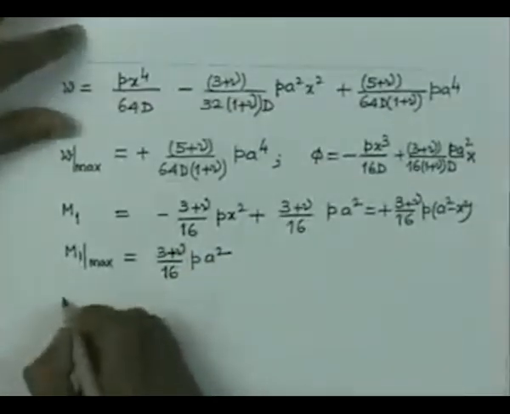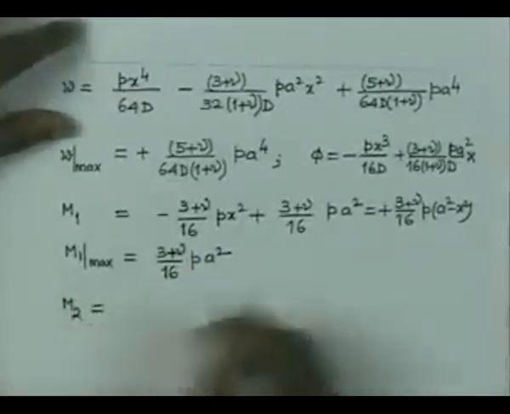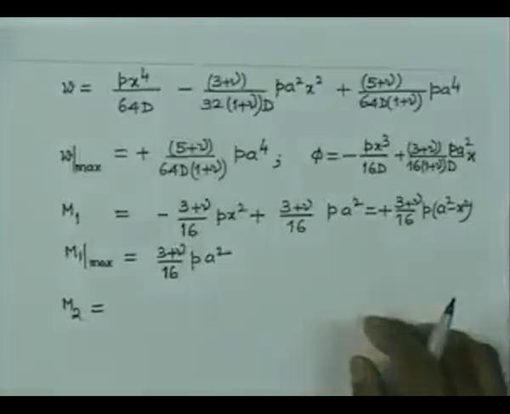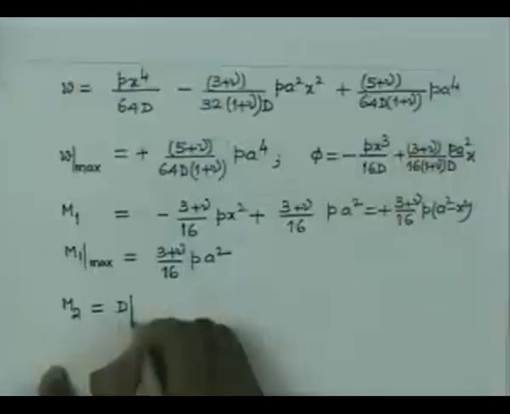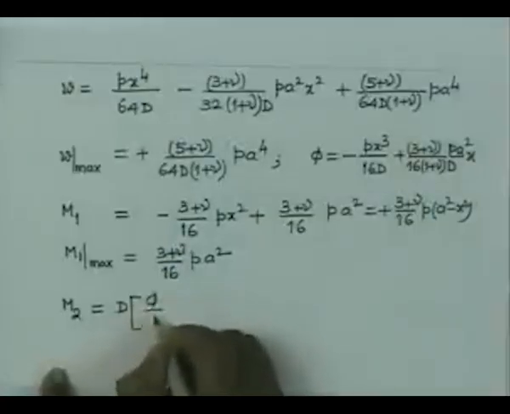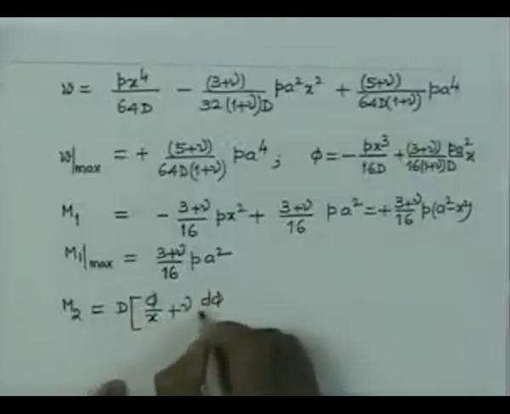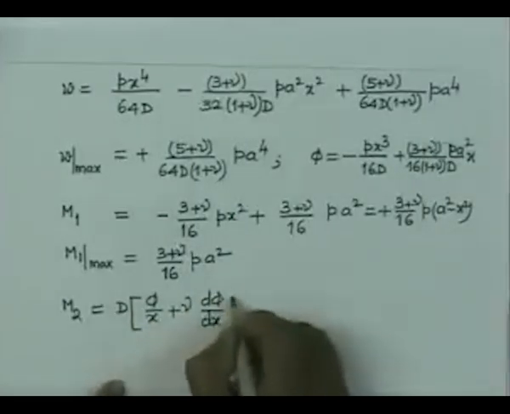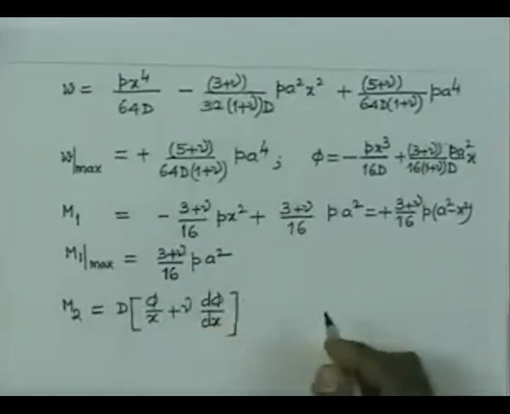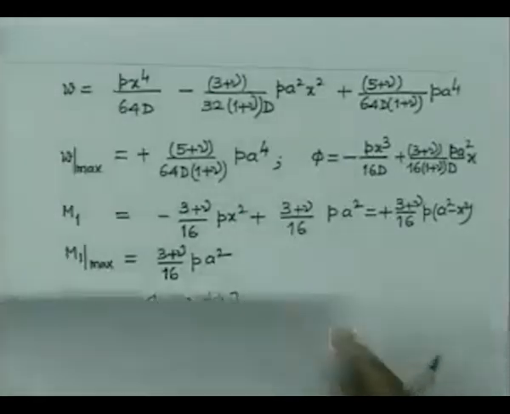Similarly, if we calculate M2, which is nothing but D into (phi by x plus nu times d phi dx). Once you do the substitution in this,